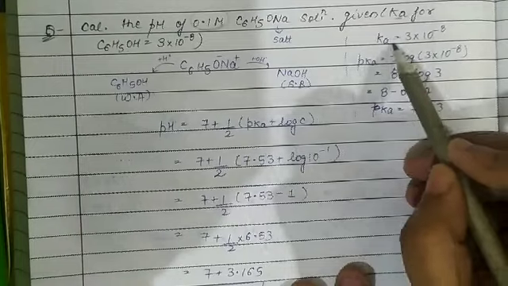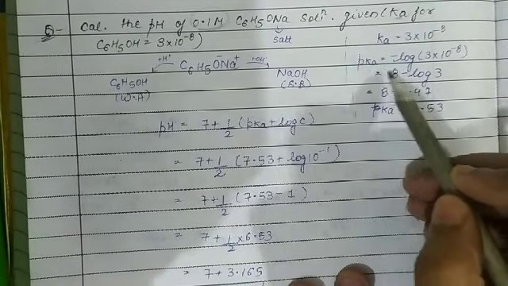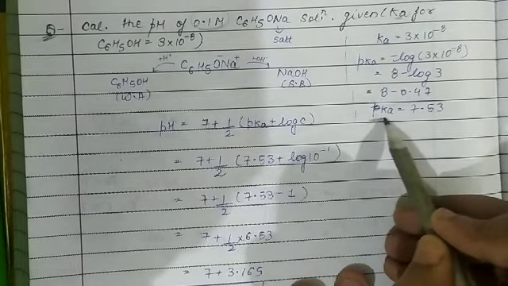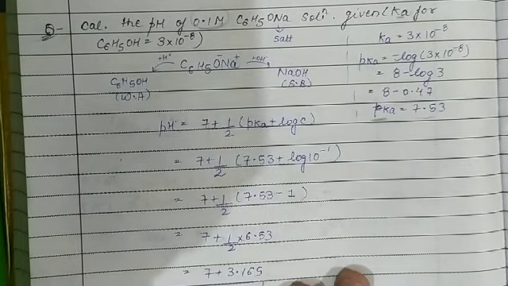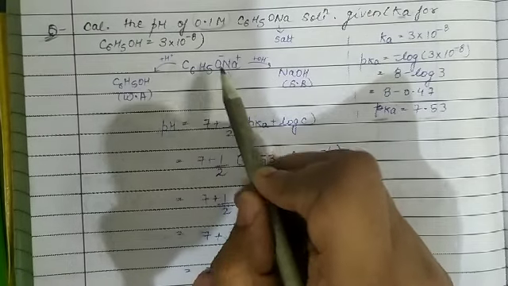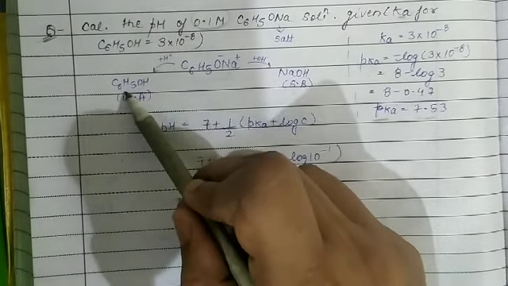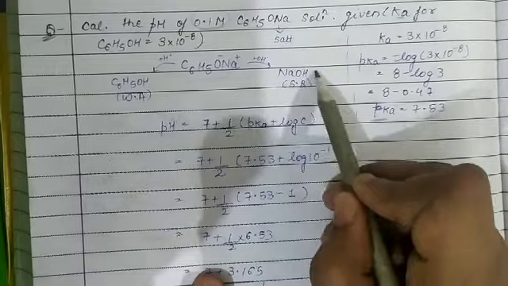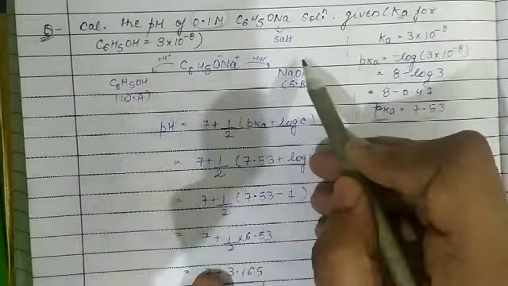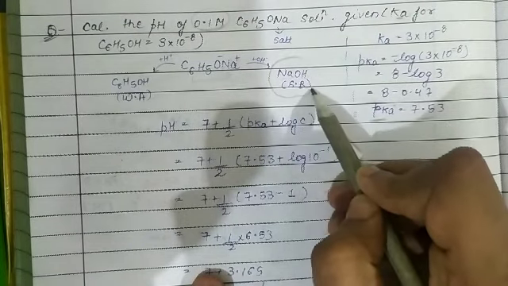When we have the value of Ka, then we can find the value of pKa. So pKa will be equal to minus log of Ka. On solving we get the value of pKa equal to 7.53. As we know, sodium phenoxide is a salt of weak acid, which is C6H5OH, plus a strong base, which is NaOH. So in this case the strong part is base,